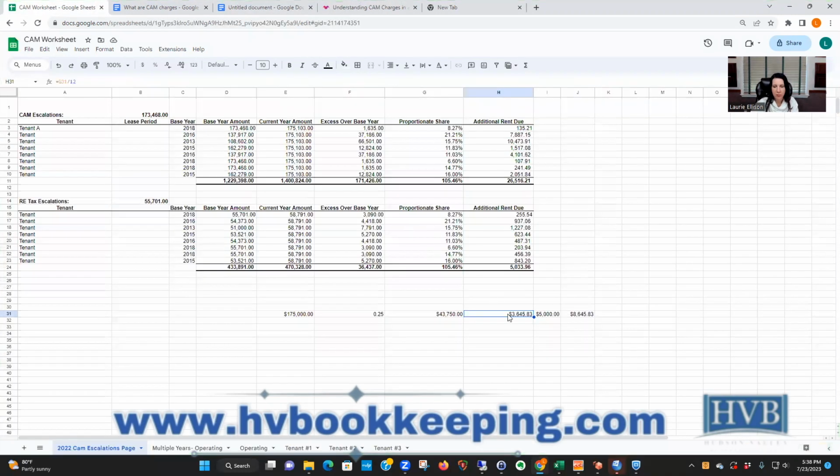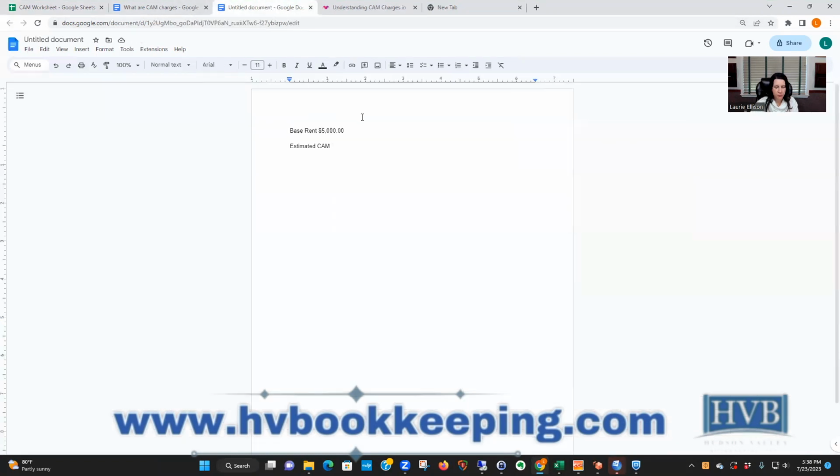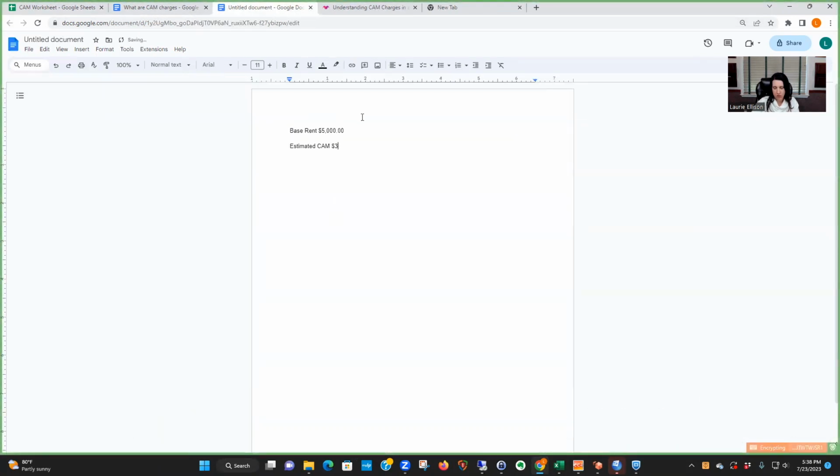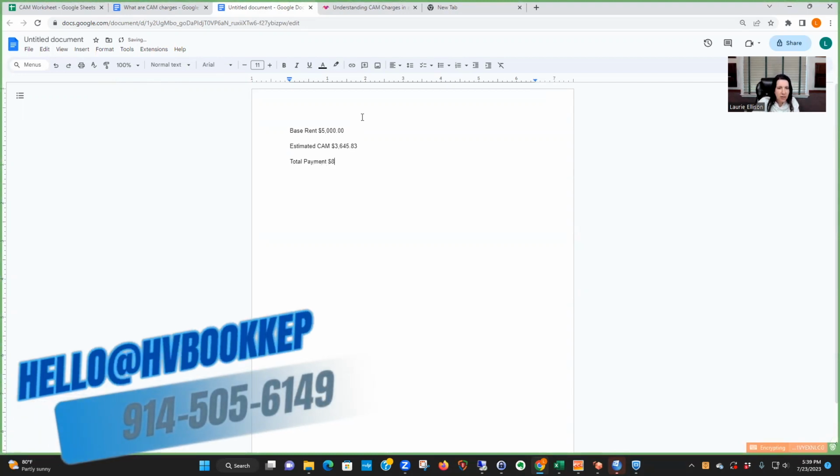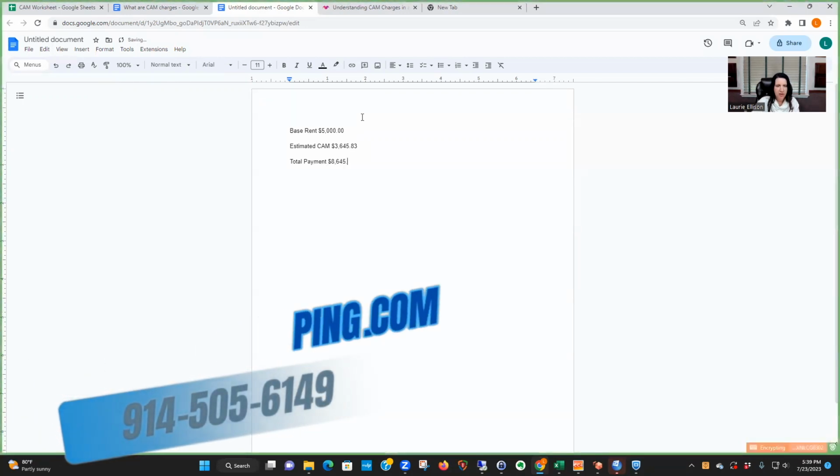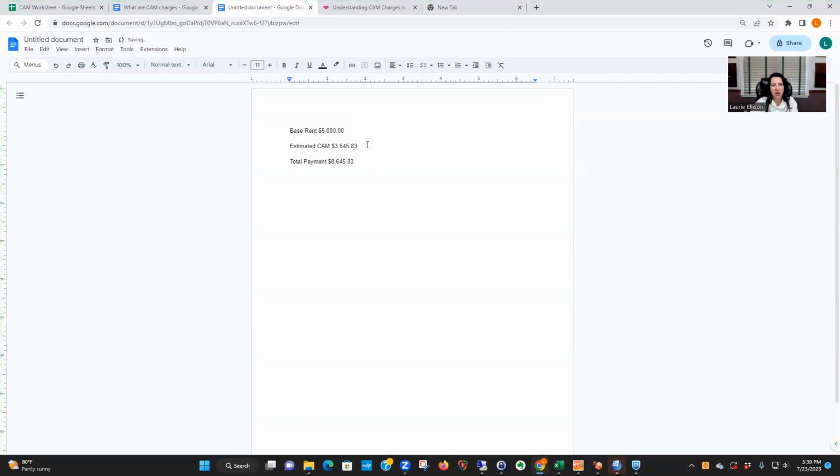Let's just do something simple. 3,645.83. That's a lot of rent. I mean, around here, rents are so expensive, right? So their total payment is then 8,645.83. And that's based on a certain year. So they should be good for that first year or up until a certain point, and the lease terms could have that, right? And then what normally happens is there's a reconciliation